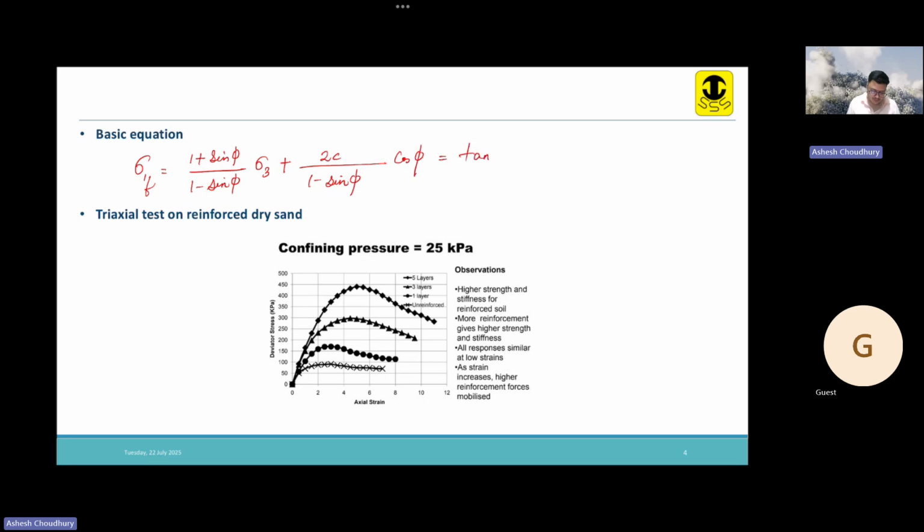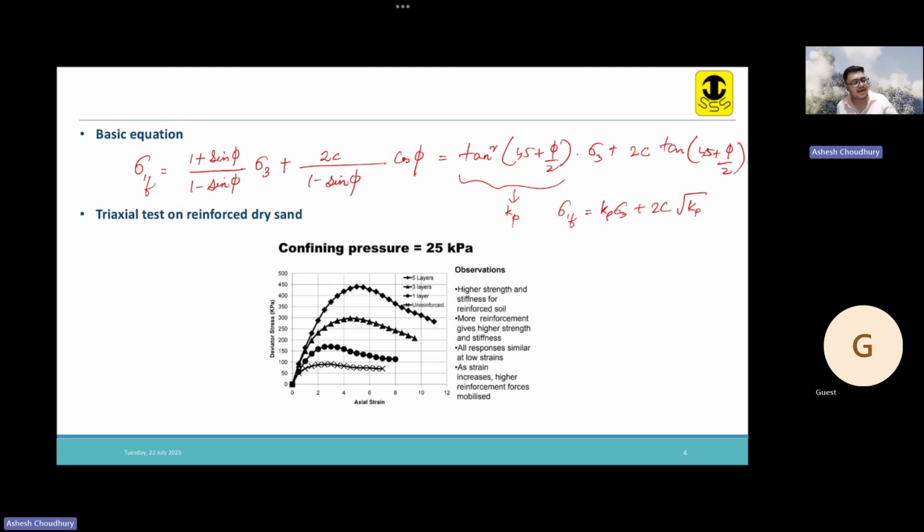You can write this as tan square (45 plus phi by 2), which is Kp, right? Kp is the passive earth pressure coefficient. So you can also write it as,